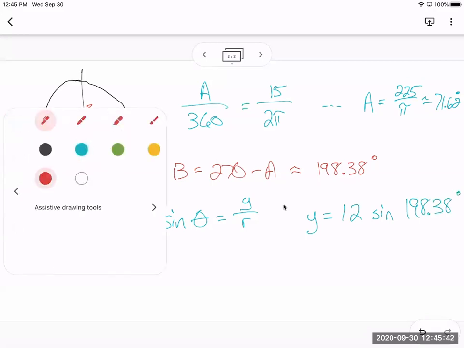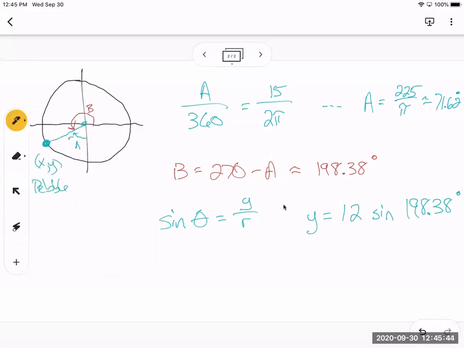Notice this y value is this height right here, right? So that suggests that my height off the ground is the center of the wheel, or the center line of the wheel, which would be 12, minus y. However, I'm actually just going to go ahead and write plus y,